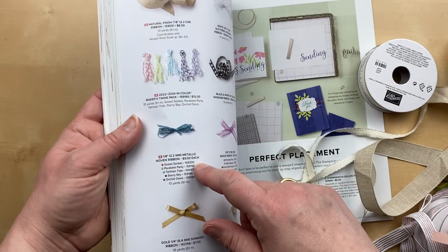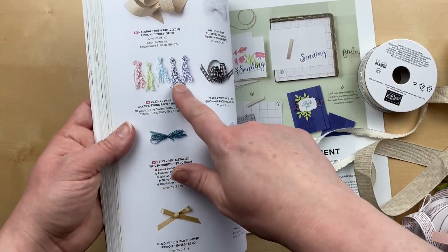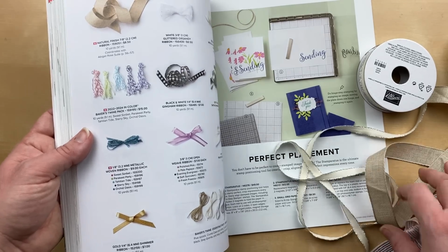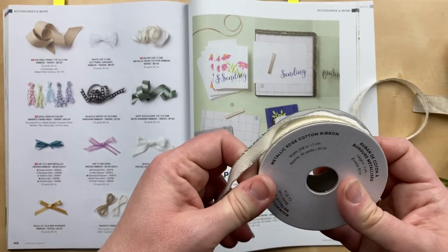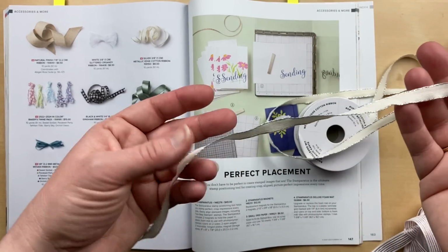The in color ones I showed you last time, those will be included in the in color product share. The twine is just like sequins. It's a little harder to deal with, so the twine is not included in any of the product shares this time. So the last ribbon in the product share is this silver metallic edge cotton ribbon, and we've had some